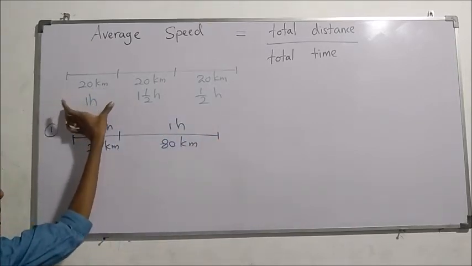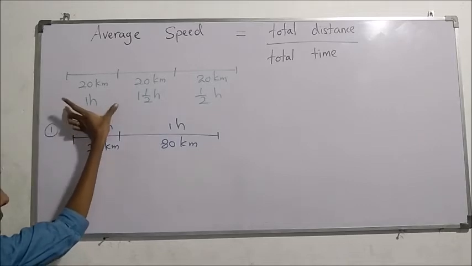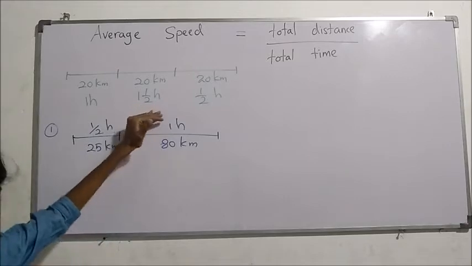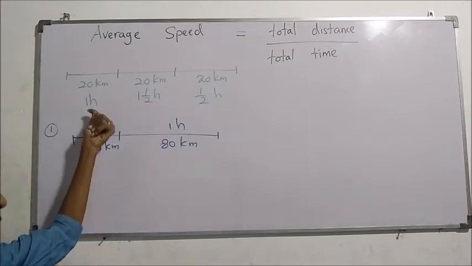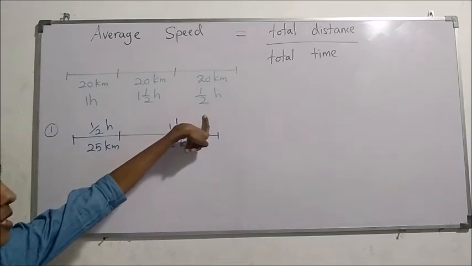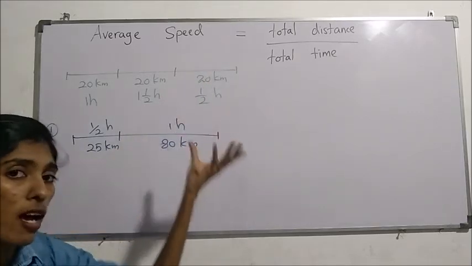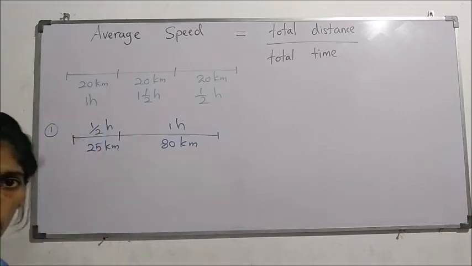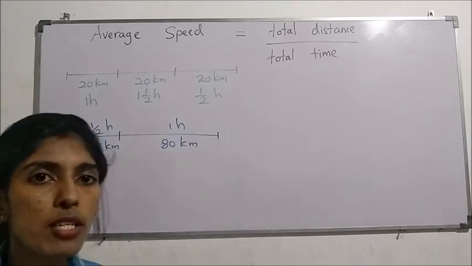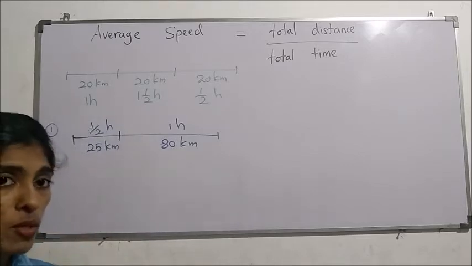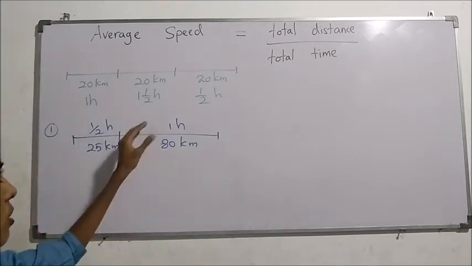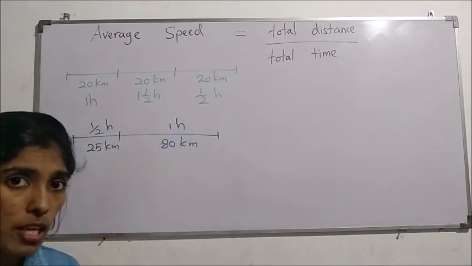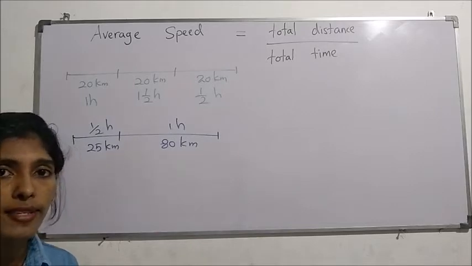When it travels the first 20 kilometers, the speed is one value, and in the next 20 kilometers the speed is a little low because it has taken more time than the previous, and in the last 20 kilometers the speed is high because within half an hour it has gone, right? So this is the practical situation, though we made sums by using the uniform speed concept. But here, although we get three different speeds, we can calculate an average speed.